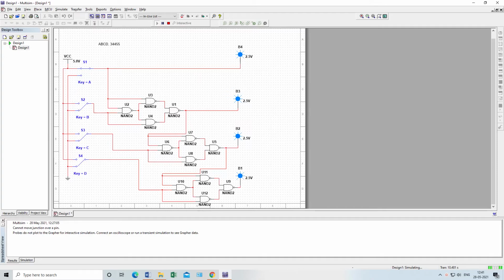Here you have done almost 2 experiments. It means you have implemented a gray to binary converter. You have to convert binary to gray yourself. This will be your homework, and you have to do this experiment also, but you have to do binary to gray on your own. Okay.